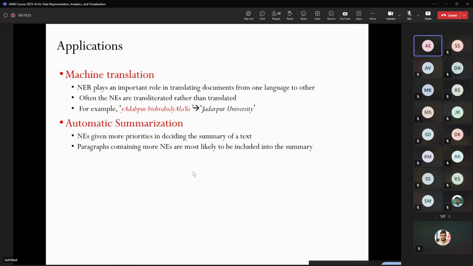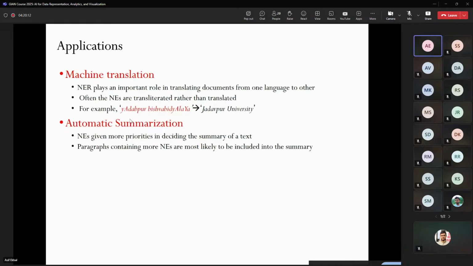Higher level tasks also, like translation. You are translating from one language to the other language. So if you know the named entity, it always has been a problem for missing translations. Okay. So it is crucial to decide what should be translated and what should not be translated. So there are two terminologies, translation and transliteration. Transliteration, you are just writing the words in the Roman font in the target language. And translation is